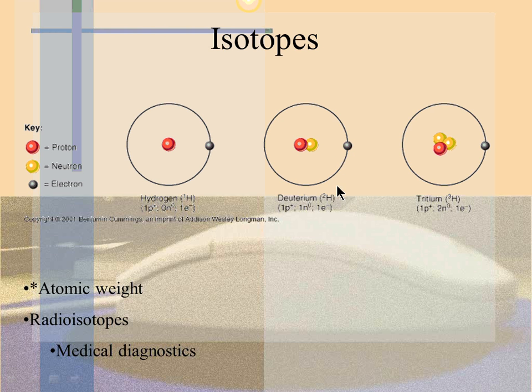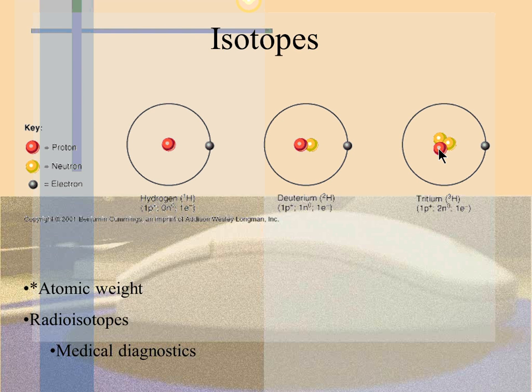So in the second type of hydrogen that we find, which is not called hydrogen, it is called deuterium. This has one proton and one neutron, and 1 electron. And this one, which is tritium, you have 1 proton, 2 neutrons, and 1 electron. So if you look at them, you can see that the proton number remains the same. Obviously, the electron number will also remain the same. It's only the neutrons which vary. So either you have none, or you have 1, or you have 2. You see that? So these are called isotopes, where the number of neutrons varies between the different forms of that